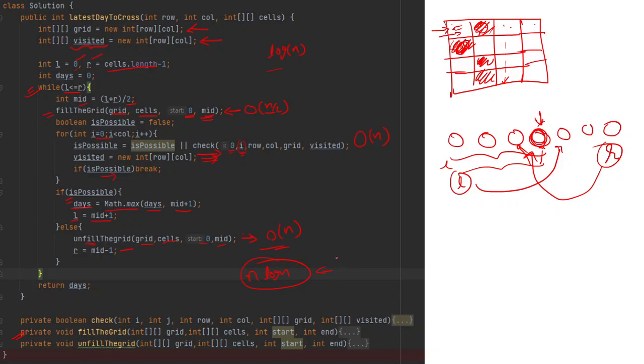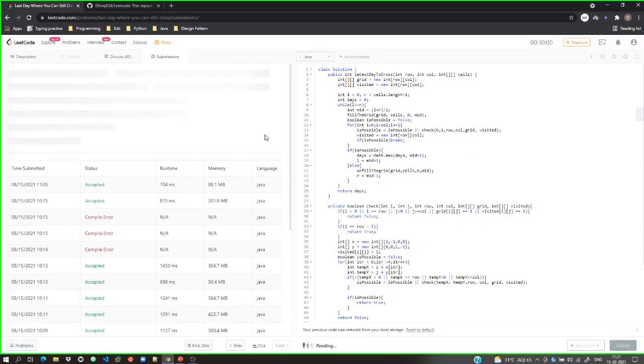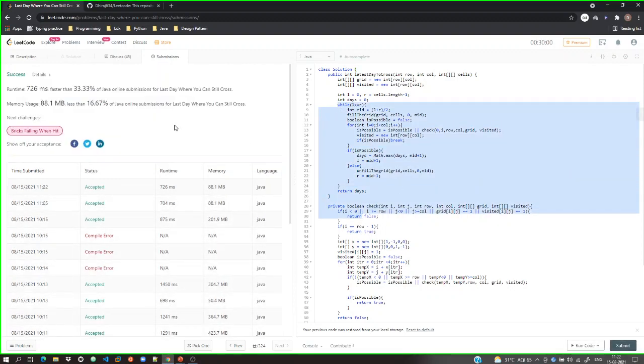Okay, so this is basically what we are doing. This binary search was the trick, otherwise everything is as it is. Okay, so let me submit this code and see what the result is. This might take a bit of time, but the intuition is very clear, like how we are traversing this binary search, how it came. So you can see this is 726 and it has passed all the cases.